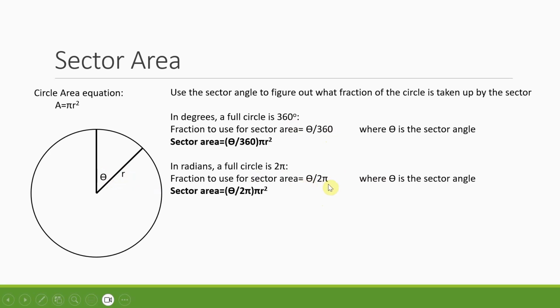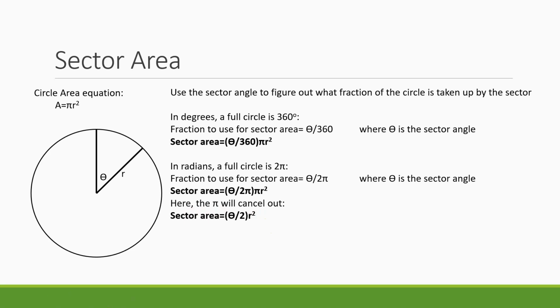So now I can take this and just put it in front of the area of the circle. And I have the sector area is the theta, or the sector angle, over 2 pi times pi r squared. Now you might notice there's a couple pi's in here. Well, those pi's will cancel out, because this is in the denominator, that's in the numerator. So that leaves me with theta over 2 times r squared. This, if you look it up, is what you're going to see. If their internet or whatever book is going to tell you, here's the equation of sector area in radians to